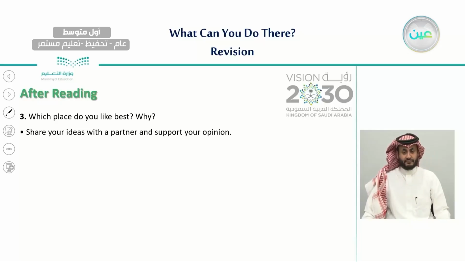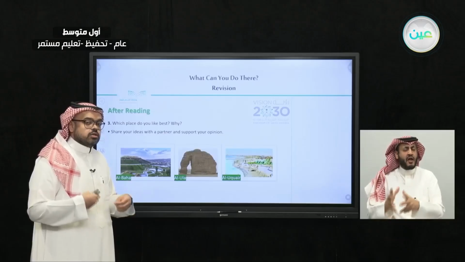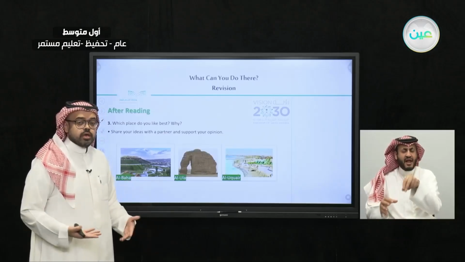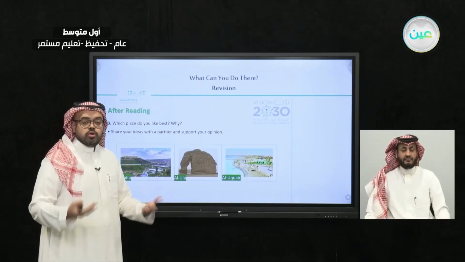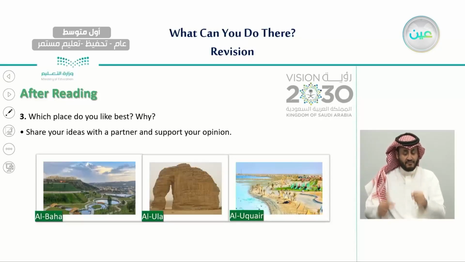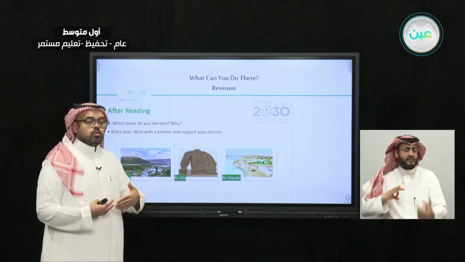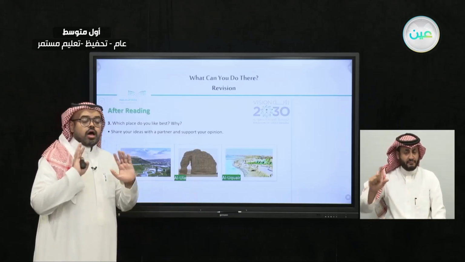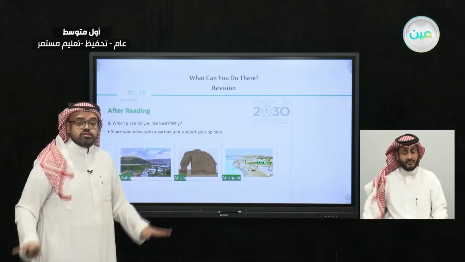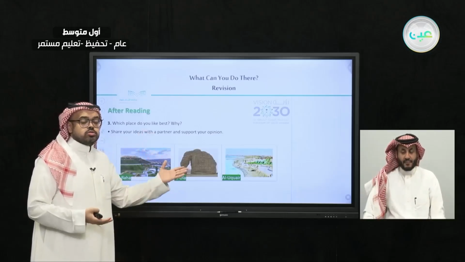Also, the last exercise we did is when I asked you to think of your favorite place and tell me why you chose it. Express your opinion. So not only choosing the place, but also supporting your choice with an opinion. For example, those who chose Al-Baha can say that we like Al-Baha because we like to enjoy nature. We like to walk in the forests. And people who chose Al-Ula can say, I like Al Ula because I like historical sites. I like to see the stone formations. I like to enjoy the traditional arts.